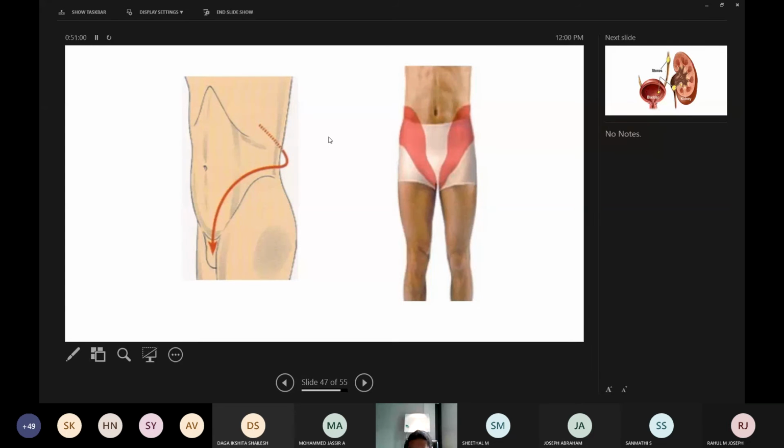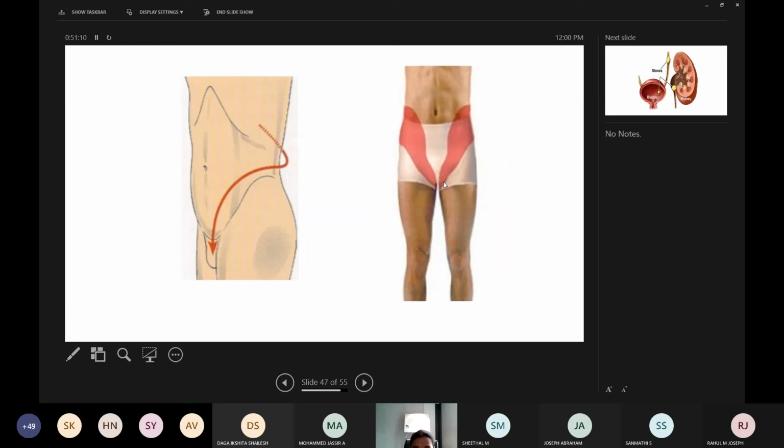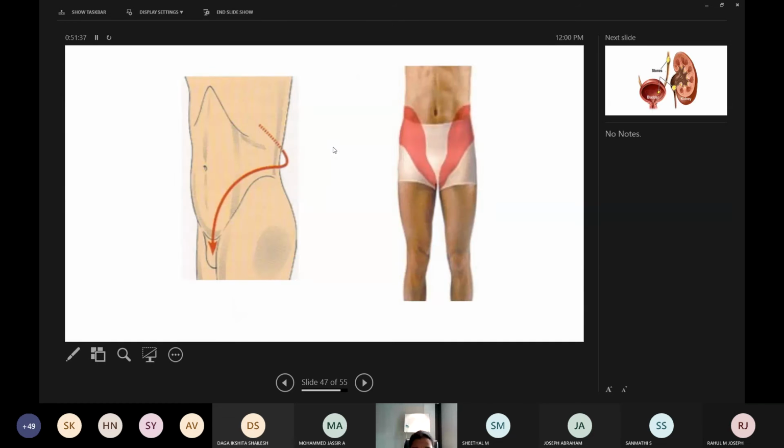This is the groin, from behind this part to anteriorly, if the stone tries to pass downwards. If the stone is in the pelvis, the person will feel dull aching pain. If the stone is dislodged and tries to run downwards through the ureter to enter into the bladder, as the ureter has a small cavity, it will produce so much pain while passing downwards. That time the pain radiates in this manner.